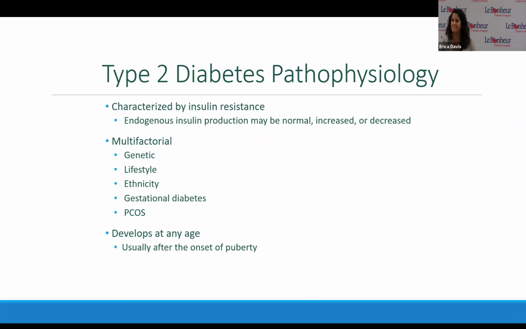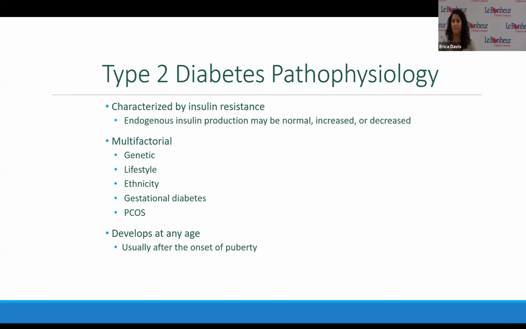Gestational diabetes. This is a temporary form of diabetes, one of our only temporary forms of diabetes. So that is when you have diabetes while pregnant. And once that baby comes out, that diabetes goes away, but it does show that we can actually see an increased risk later on of getting that full diagnosis of type 2 diabetes. This also is going to put the child of that pregnancy at risk later on of developing type 2. So it's not just the mother with diabetes, it's also that child of that pregnancy.